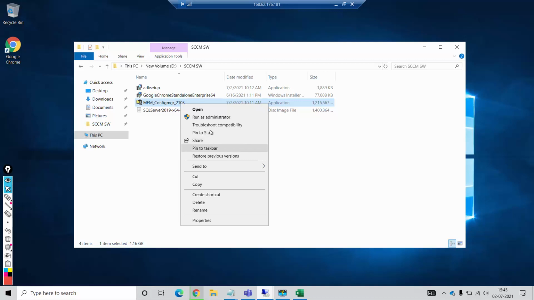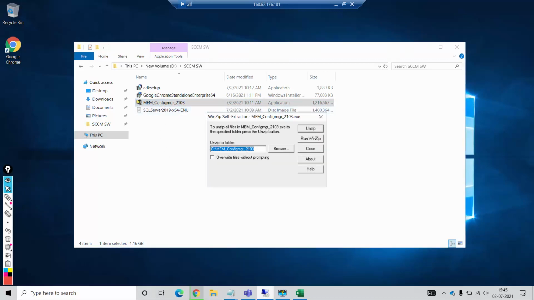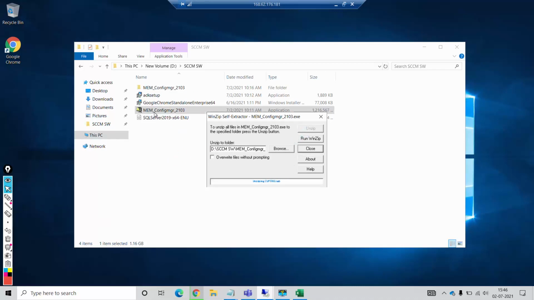So I'll again double click it or open it, and paste the path here, and I'll click unzip. So you can see a folder will be created and it is unzipping in that folder. I made a mistake here, I gave a double colon as we gave after D drive. That's why it gave an error.